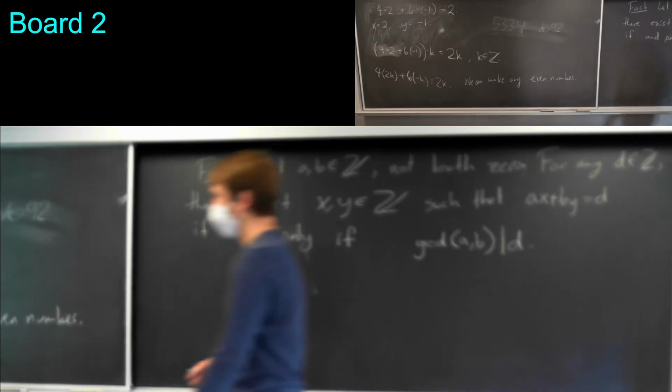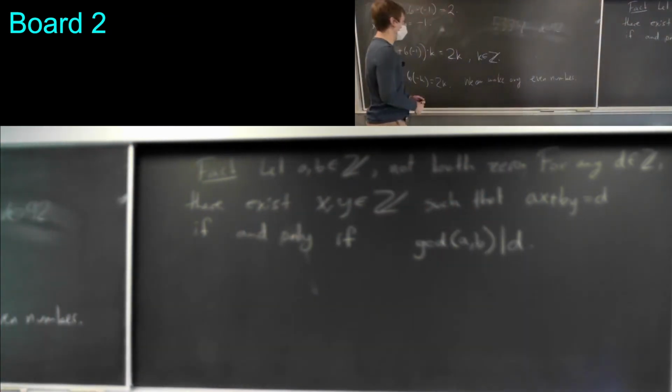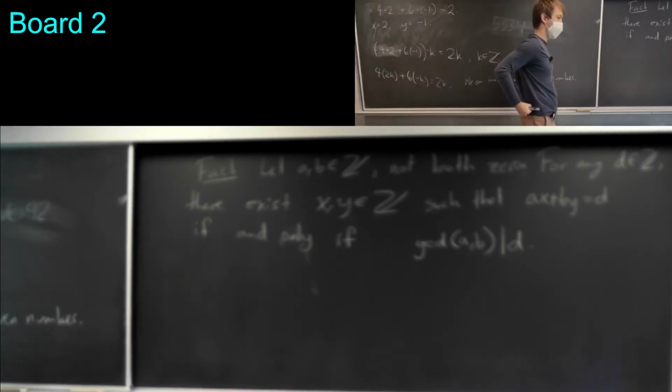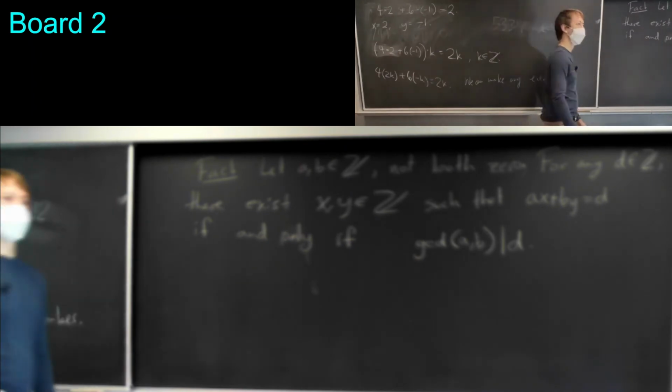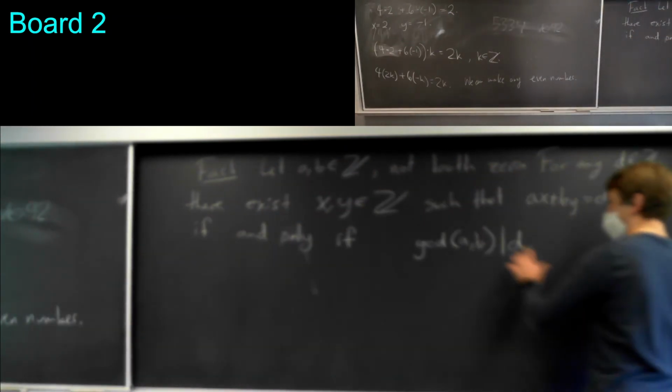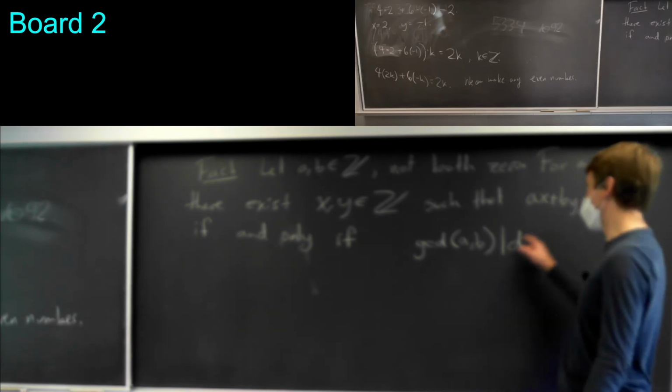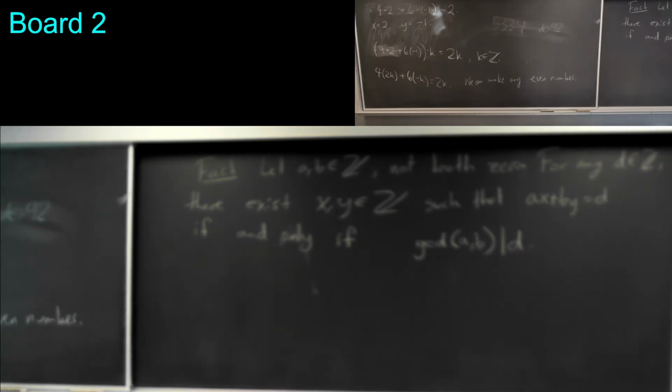So with the example here, the GCD was 2, and we showed that we could make any even number, right? So if the GCD of 2 numbers is, let's say, 3, then we can make every multiple of 3. Or if the GCD is 57, then you can make every multiple of 57. So what this says is that you can make any multiple of 57 by taking a combination of the form ax plus by. Okay. So I'm not going to formally prove this,